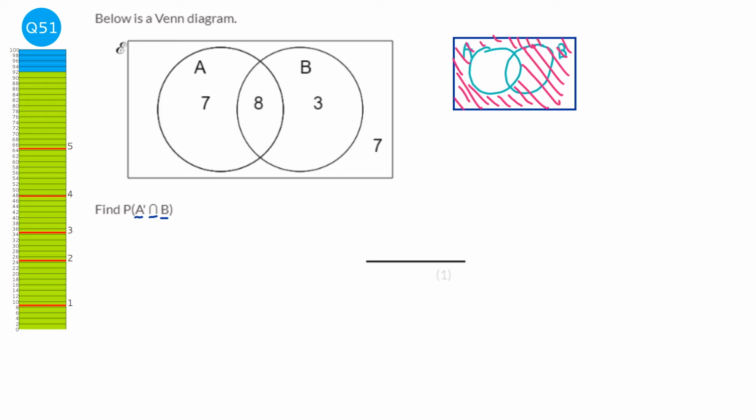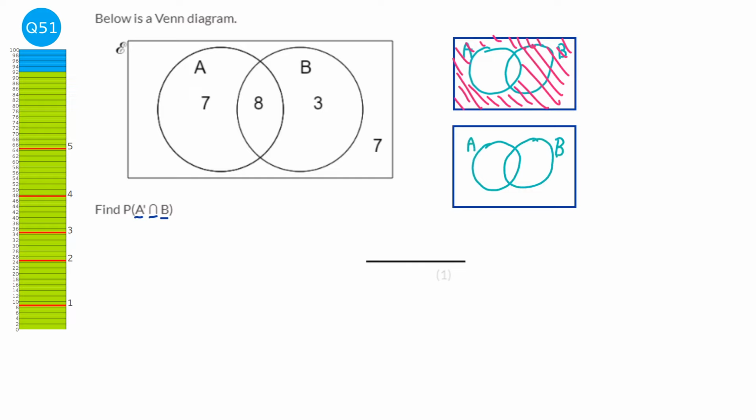And if we do the same thing again, and this time we're interested in where B is, then B is this part here. So if you have a look and see which are shaded in both, you can see that this part here is shaded in both. So this part here is not in A and is in B. So it's this 3 here. So the probability is going to be that 3 over the total amount, so all of these added together,